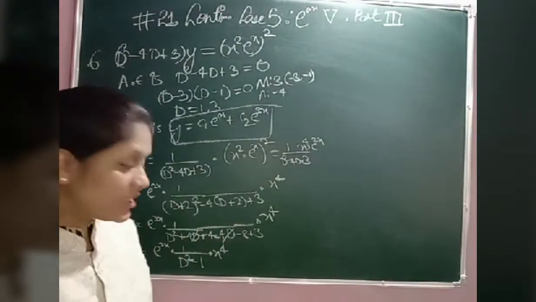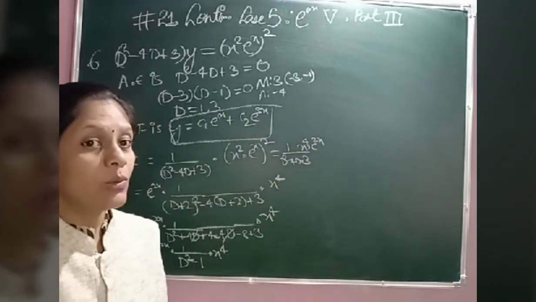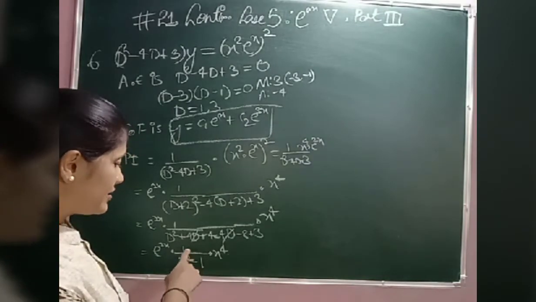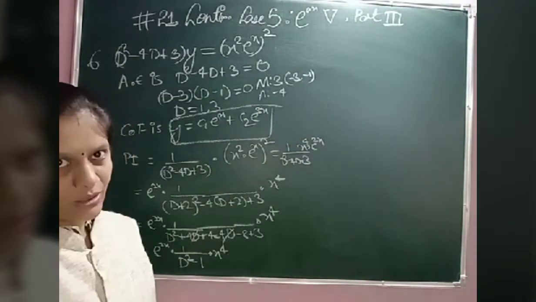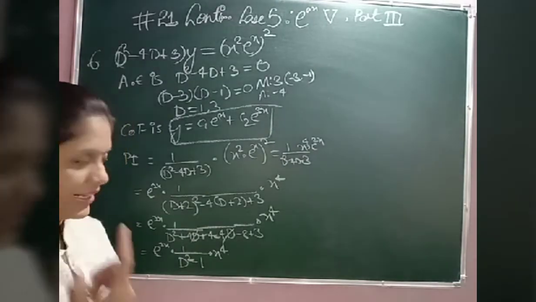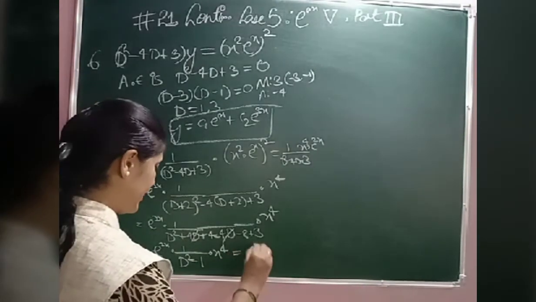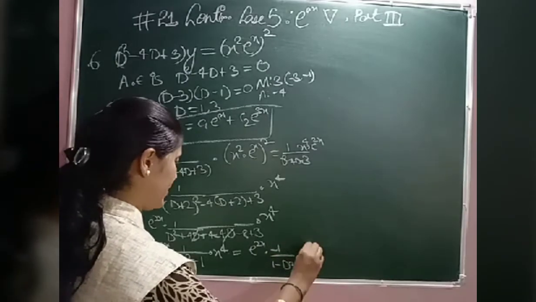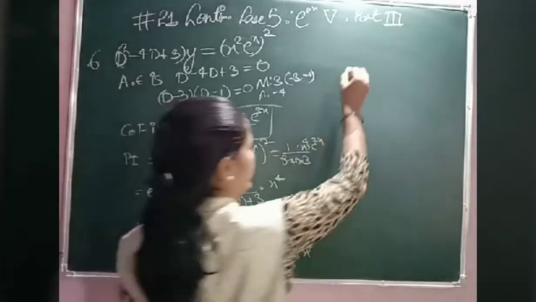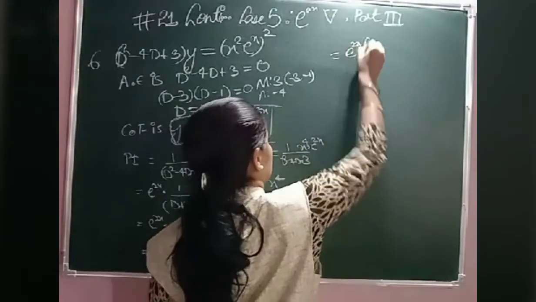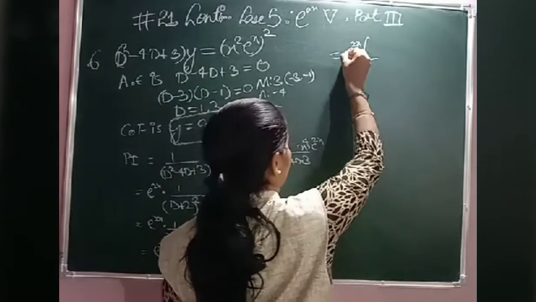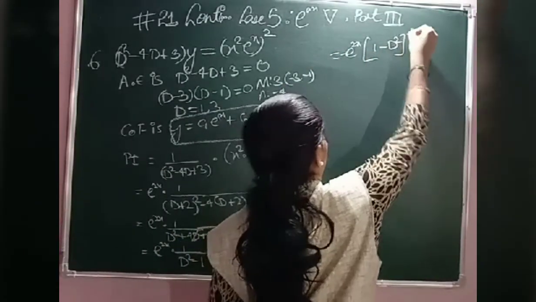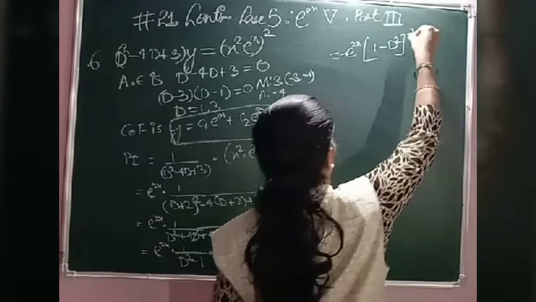Now x power m, how do we have to solve? We need the 1 plus or minus form. So I can write this as minus 1 by 1 minus D square, taking minus common. So this can be written as e raised to 2x, minus 1 by 1 minus D square of x raised to 4. So this is nothing but minus e raised to 2x as it is, (1 minus D square) inverse of x raised to 4.